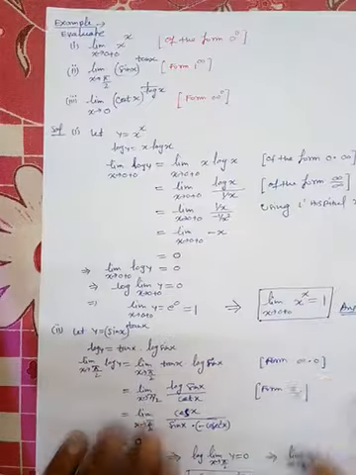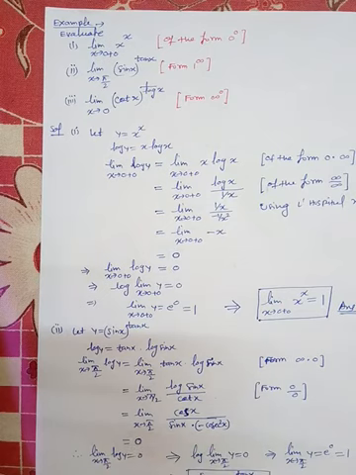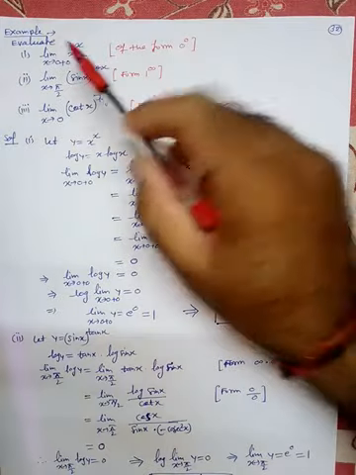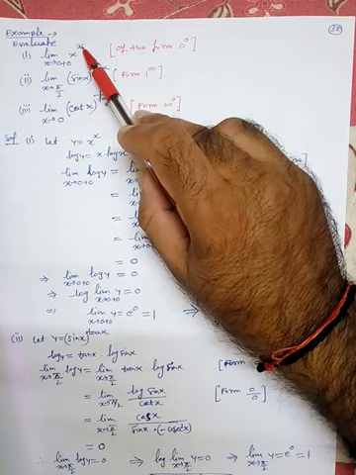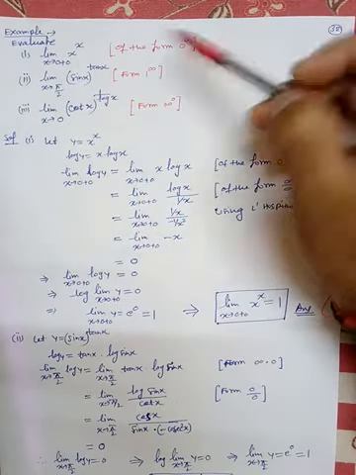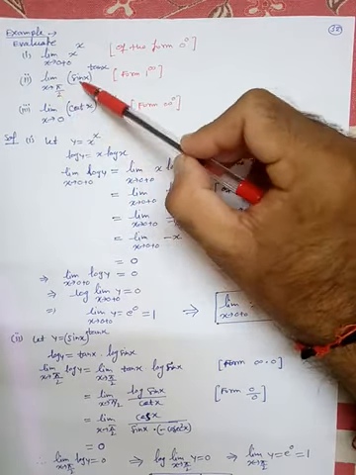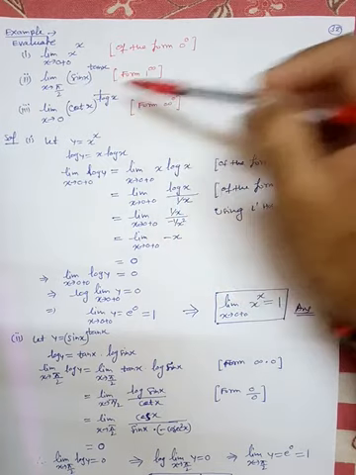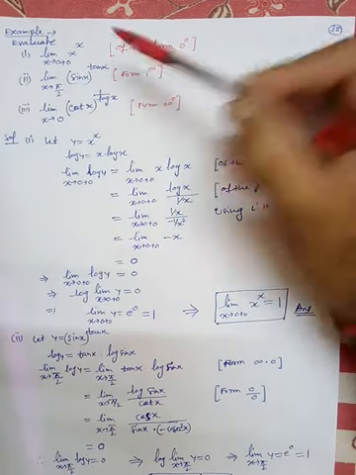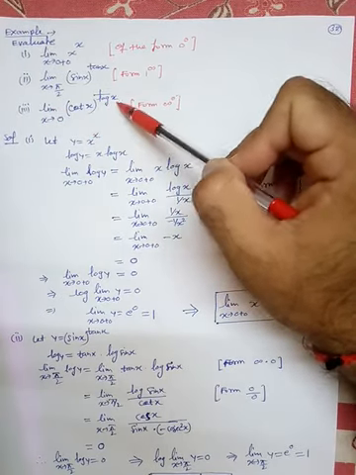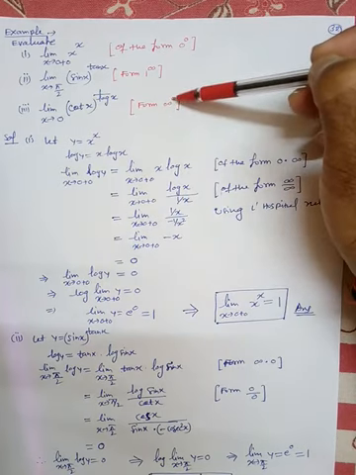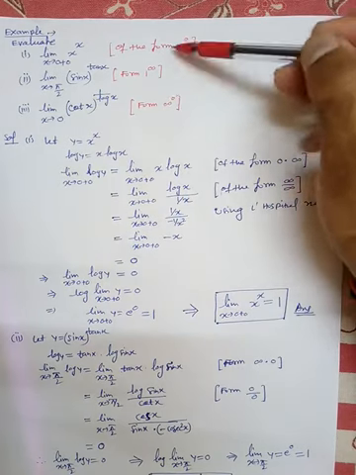Okay, now we will apply this approach. So that's why I am taking these three examples. First example, limit x tending to 0 plus of x raised to the power x, and this is of the form 0 raised to the power 0. Second is limit x tending to pi by 2 of sin x raised to the power tan x, which is nothing but of the form 1 raised to the power infinite. Then third example is limit x tending to 0 of cot x raised to the power 1 upon log x, which is nothing but infinite raised to the power 0. Okay, so I am taking one example from each category.